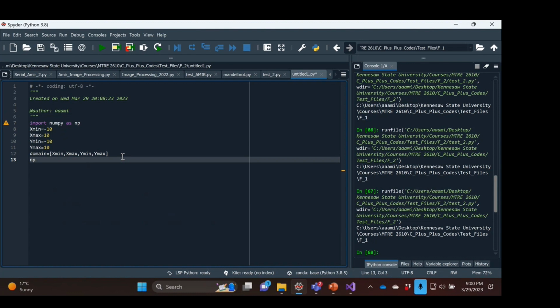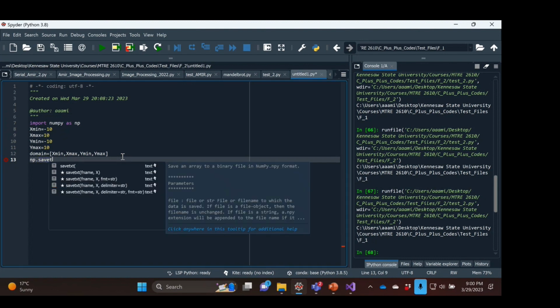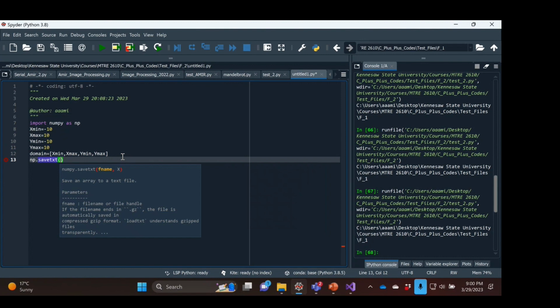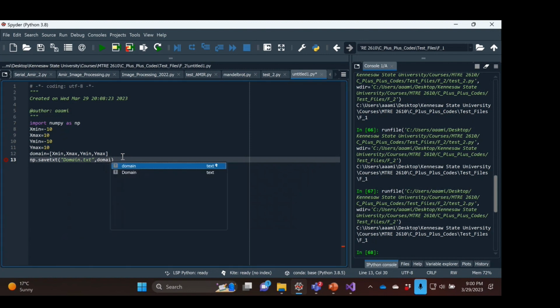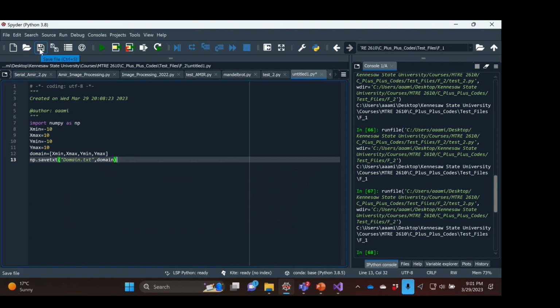Now I'm going to use numpy.savetxt, and I'm going to ask Python to create a file that we call domain.txt, and I'm going to add the domain list there. Okay, now let's save this Python file